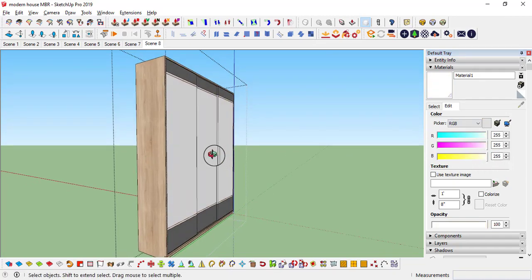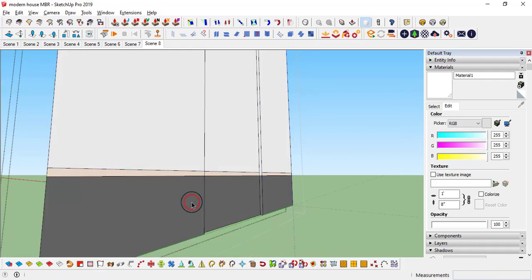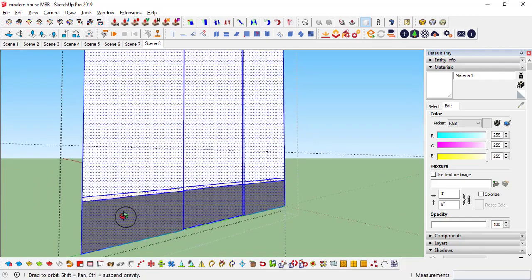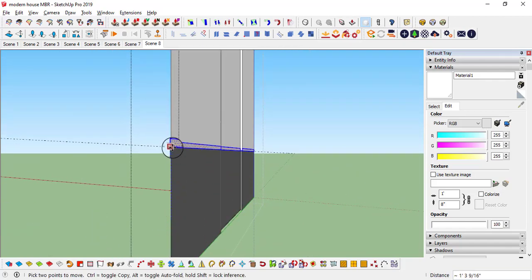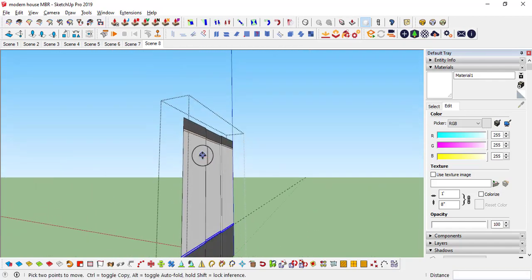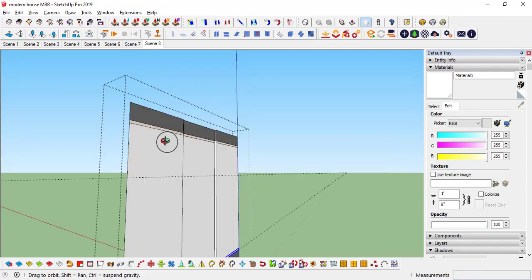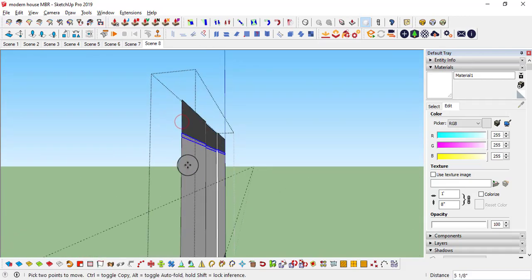Okay, and from the bottom, double click, from the bottom make 2.5 feet. Okay, I will move this line to 2.5 feet, and from the top also 2.5 feet. Select these lines, M, 2.5 feet.